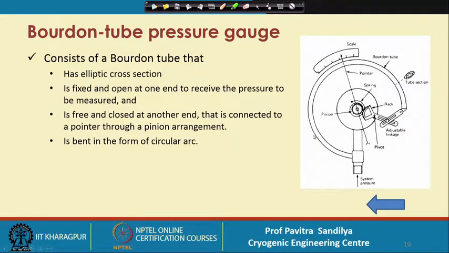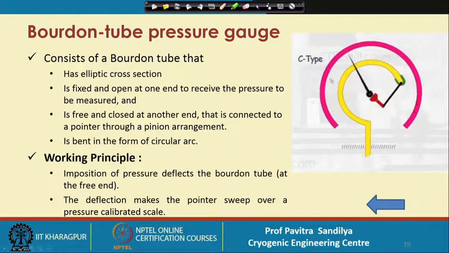And what happens when this pressure is sensed? This particular tube tends to stretch out or becomes more circular. So when it starts to stretch out, what happens on the other end? From the other end, through a pinion connection, there is a pointer, and this pointer will change its position as per the expansion of the Bourdon tube, and this pointer spans over the